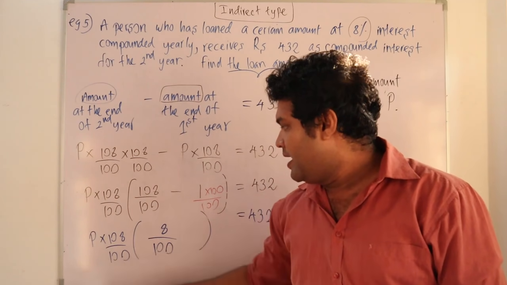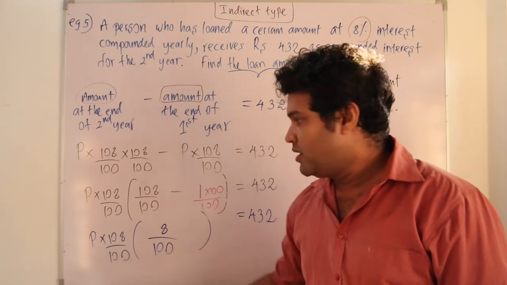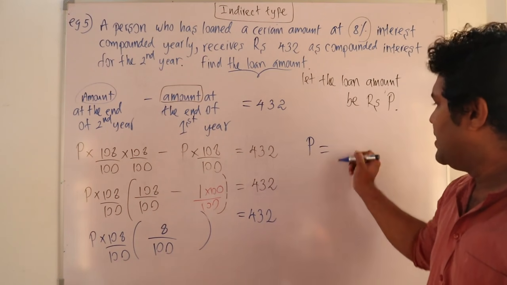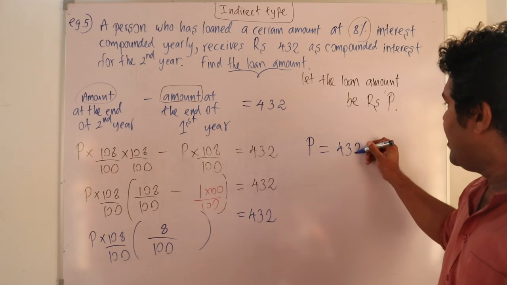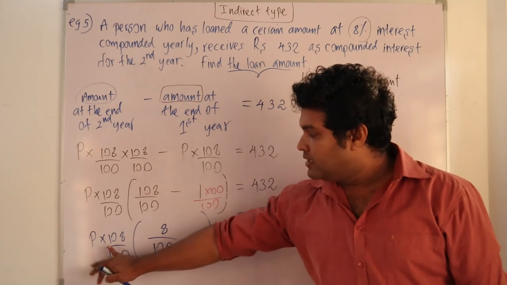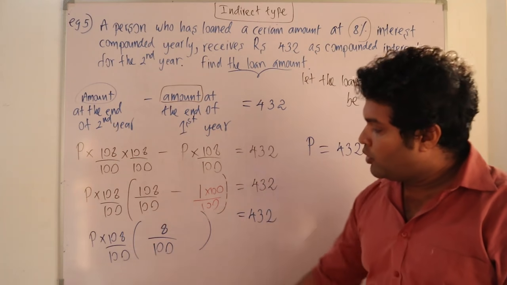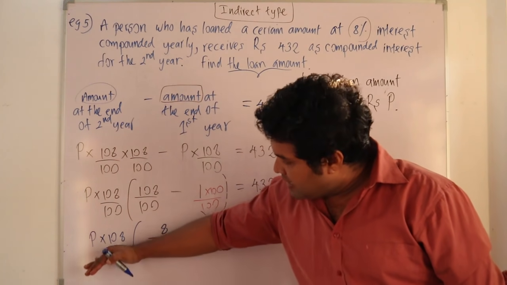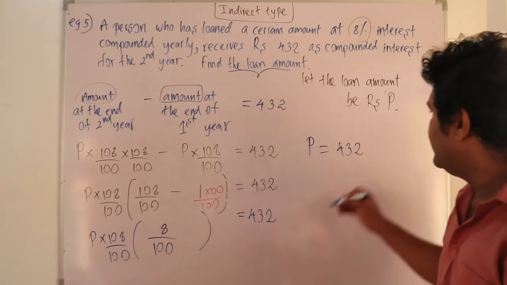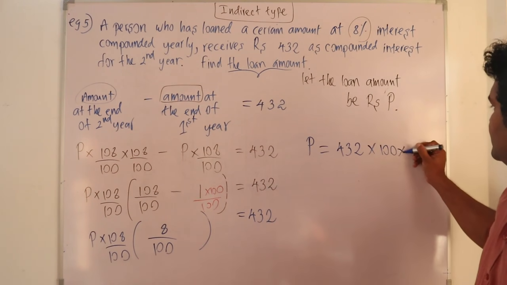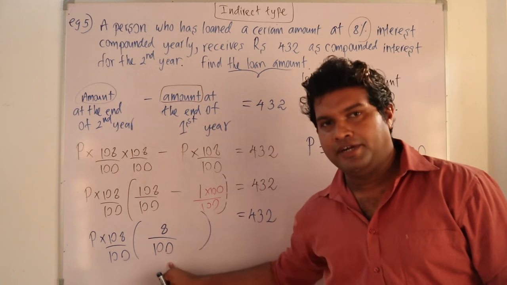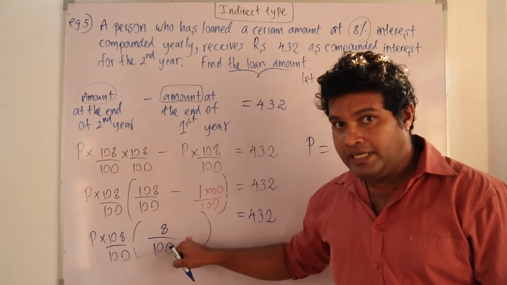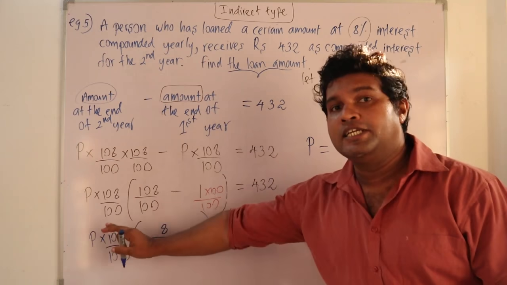We have to find P. Bracket means a multiplication. Right, how to find P? You better write 432. Now I am going to teach you how to get the multipliers to the other side. You know this 100 and 8 are multipliers and divisors as well. When these divisors are taken to the other side, generally they are going to be multipliers. So the 100 and the 8, if you consider the other side,